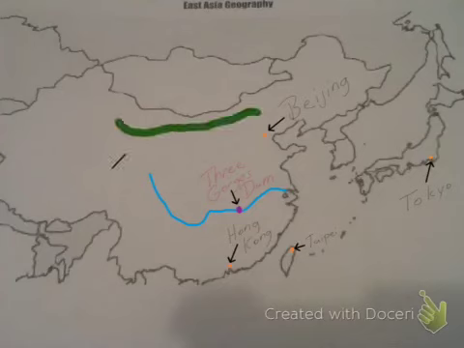The last thing we're going to put on our map is the Great Wall of China. If you'll notice, it goes north of Beijing and kind of goes along the border of Mongolia. If you remember our discussions before, Mongolians were trying to invade China during this time, and it did happen quite often, and our first Emperor Qin actually reunited all the territories' walls and gave us the Great Wall of China that we have today.